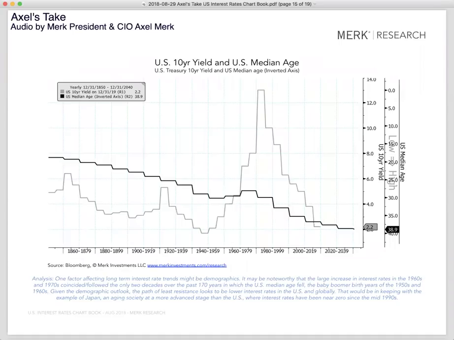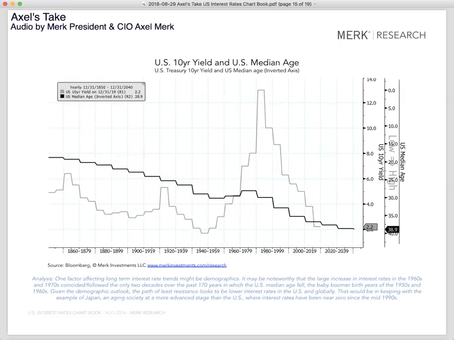Let's just take a step back. Any price is determined by supply and demand. On the demand side, a young growing population is one that's borrowing a lot of money. When you are in your late 20s, early 30s, you're taking out a loan for a house, you're building something. Whereas when you're old, you don't have as much demand for debt anymore because you're living off your savings. And that is one of the reasons why an aging society tends to have a downward pressure on longer term